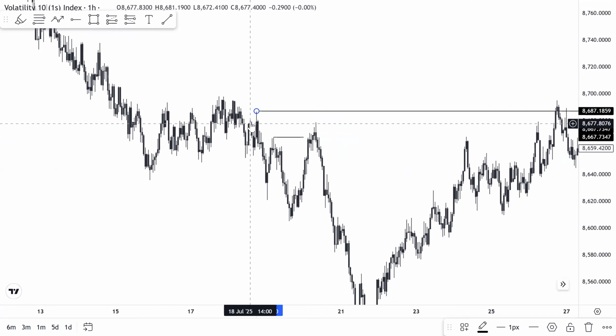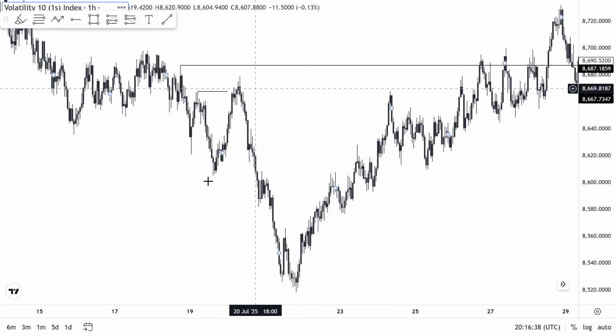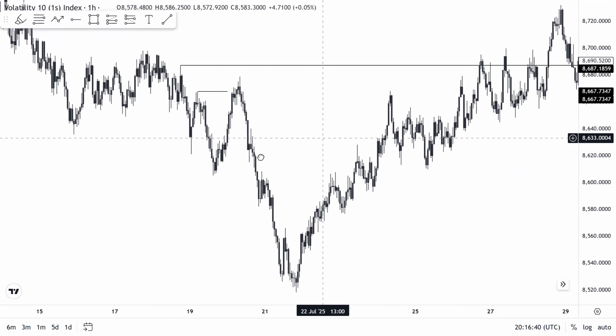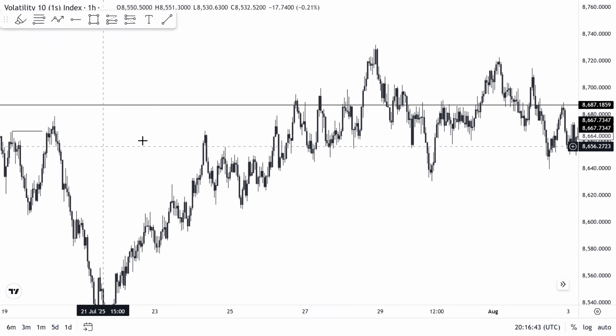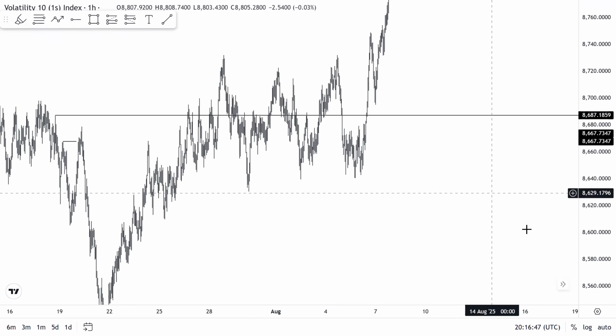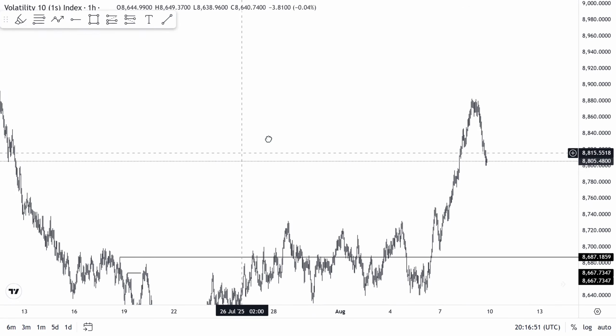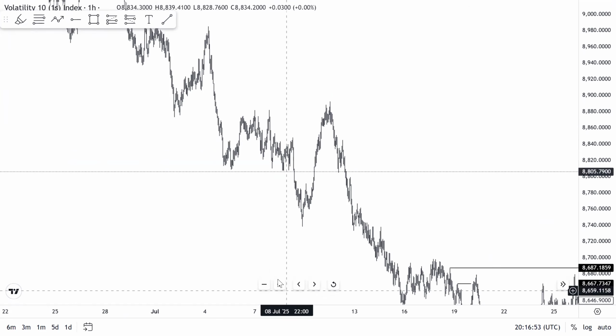So price came up into our entry, then sold to the downside. We had another sweep, break, but there's no structural liquidity here, which means you'll say there's no setup here. Now, if you notice the recent price action, price has been bullish. Why is price bullish? Because price is coming back to take out a structural liquidity, which it has failed to take out.